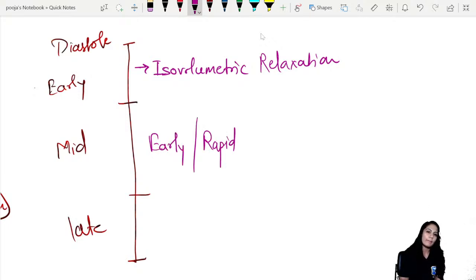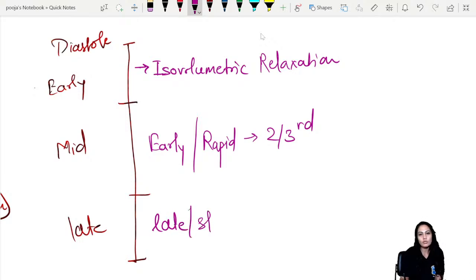So early or rapid filling is two-third of the blood. The atria throw two-third of the blood into the ventricle. The late diastole is late or slow filling, because it is just due to atrial contraction, so the remaining blood is going to go out. It is a bit of a slow filling, one-third filling,